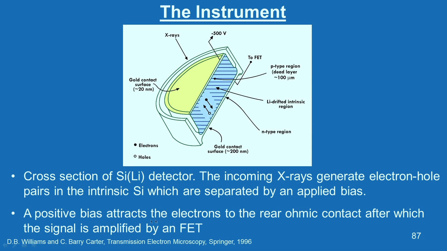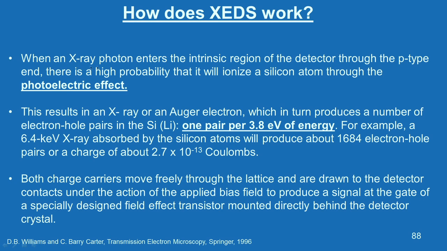A positive bias attracts the electrons to the rear ohmic contact, after which the signal is amplified by the FET. When an X-ray photon enters the intrinsic region of the detector through the p type end, there is a high probability that it will ionize a silicon atom through the photoelectric effect. This results in an X-ray or an Auger electron, which in turn produces a number of electron hole pairs in the SiLi detector. One pair per